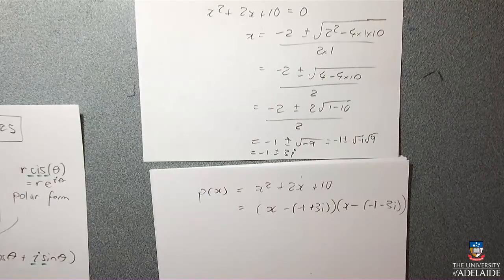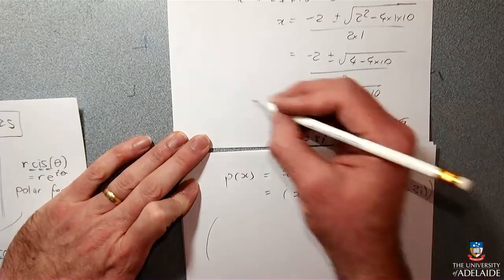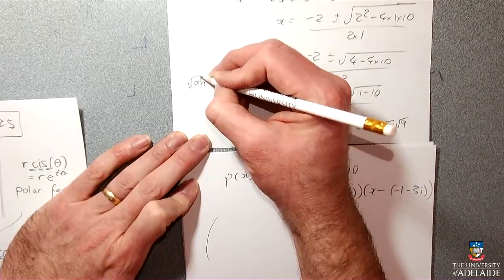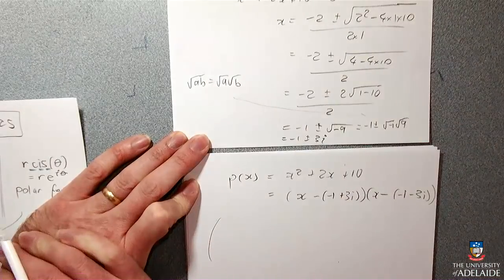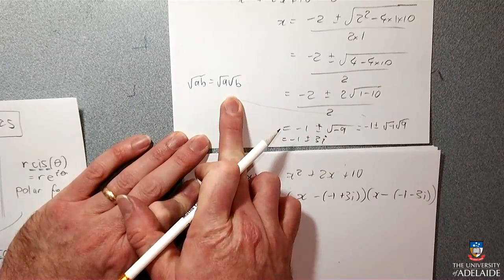So what we did when we added the number i to the real numbers is we wanted a number such that that number squared is -1. So i squared is -1, which means the square root of -1 should be i. And we added it to the real numbers, specially making sure that all the rules of how real numbers and functions of real numbers behave still work. So we know that for real numbers, the square root of AB is the square root of A times the square root of B. That works for real numbers, so we assume it works for imaginary numbers too.